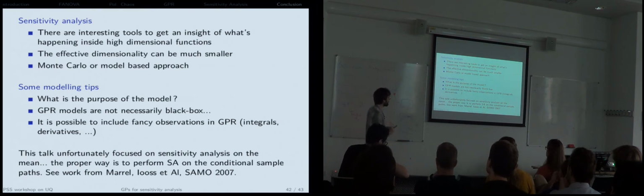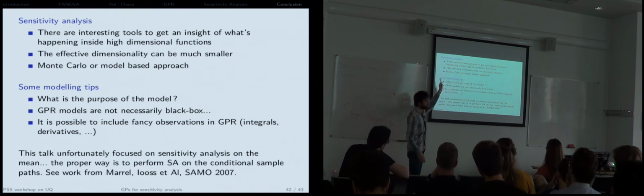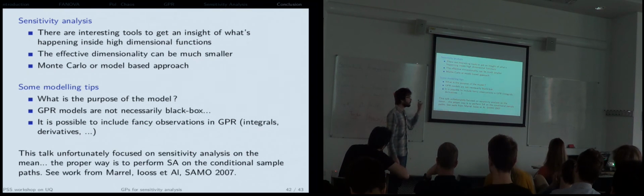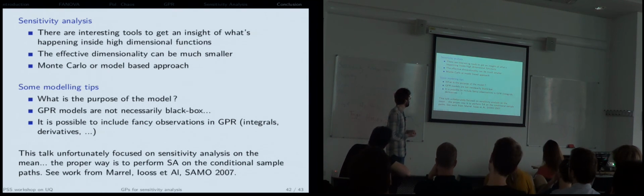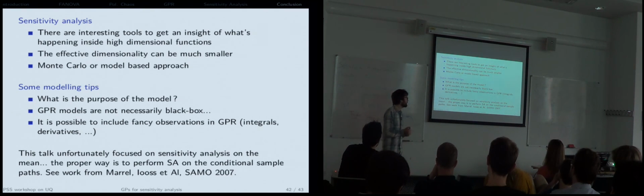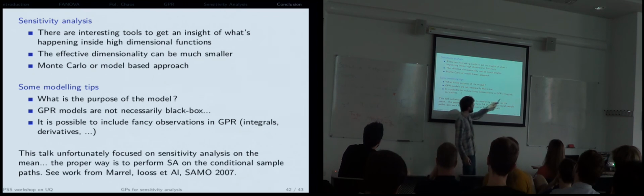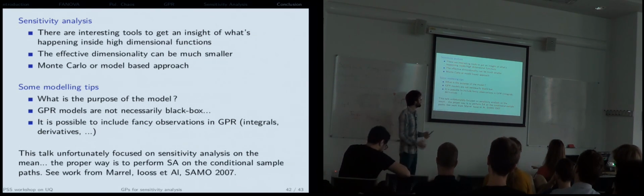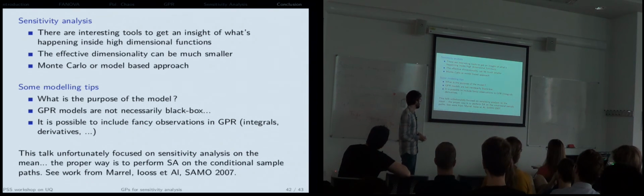Some modeling tips. When building a model, it's important to think: what am I going to do with this model? If I know I'm going to do sensitivity analysis, here I was showing that we can choose a model dedicated to that, with the properties we want to make all the computations later much easier. Another point is that it's possible to include more fancy observations in GPR. Here we are conditioning a GP with respect to the value of its integral. You can do the exact same thing